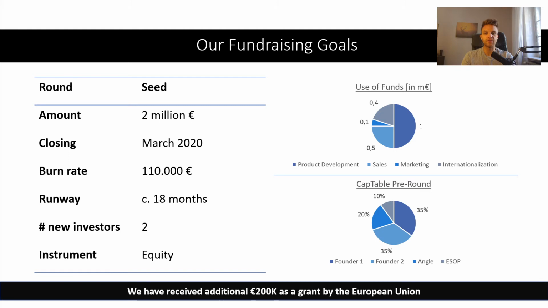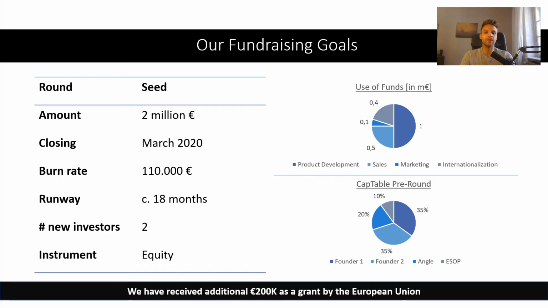And on the right side, I added a use of funds graph, which shows me, okay, I want to spend a certain amount of money on product development, sales, marketing, and internationalization strategy. That's not really detailed, of course. As I said before, pitch decks are summaries, they are teasers. It just gives me a rough understanding of what I want to invest in. For example, I do not have a hiring plan on this slide. And it's not completely clear whether the spending in product development includes hiring product managers, for example. That could be, I have to explain that on a separate call or something like that, but it's okay if it's like that. That's enough.